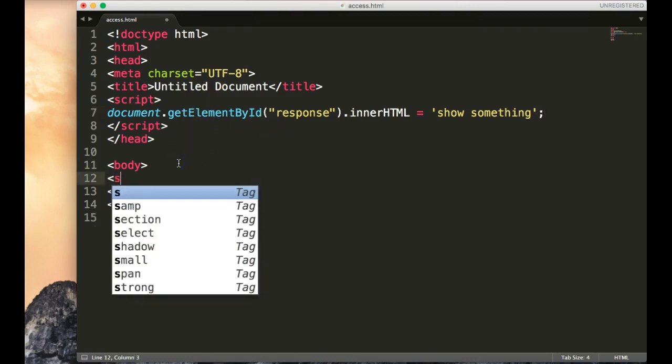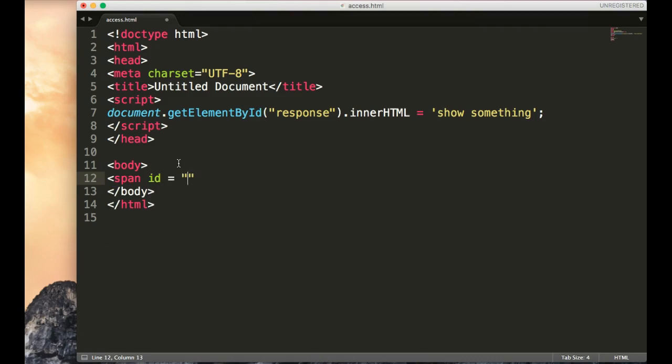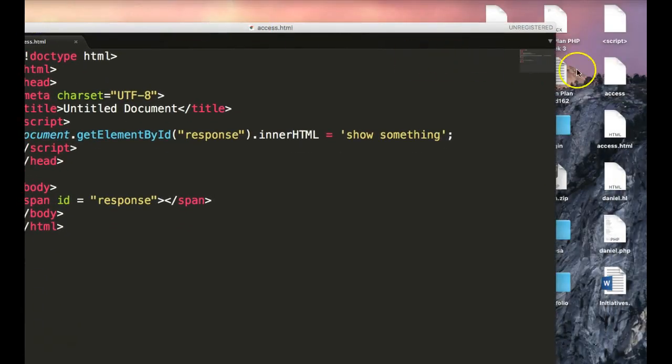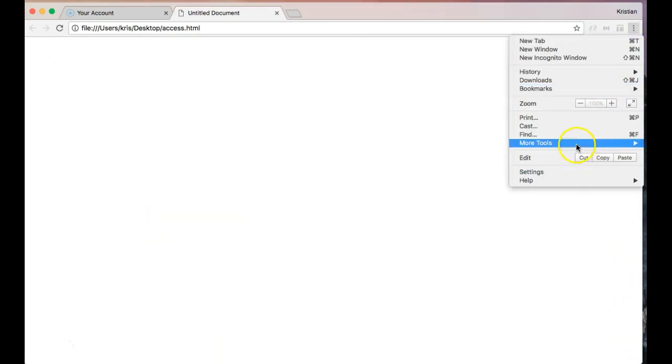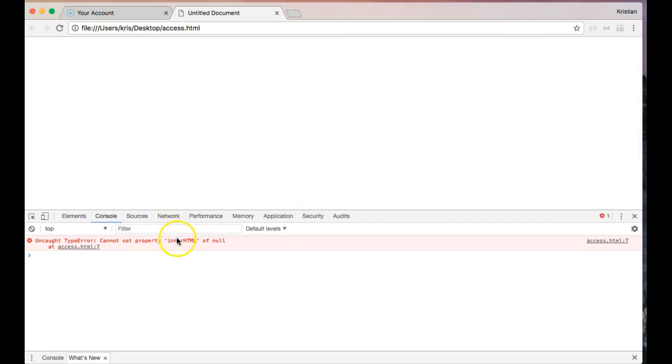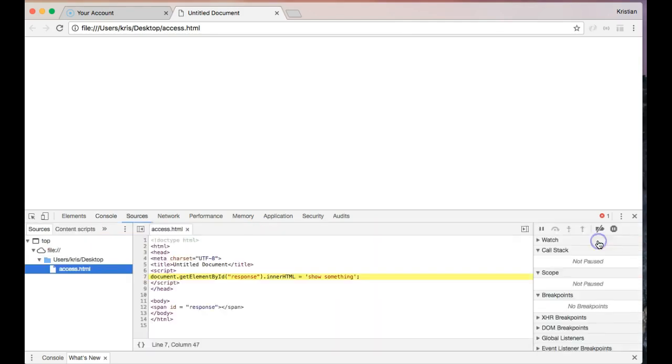Now watch, if I have span ID equals response, like this, and then I can close that tag. Well, when I access it in a browser, like so, I can open up my developer tools, and you should see an error, cannot set property innerHTML of null. I click on the link, and it takes me right to this section, and that's because response has not loaded